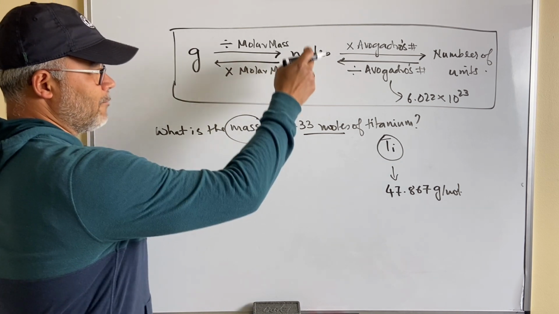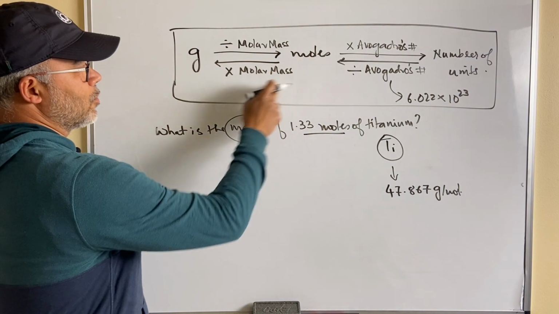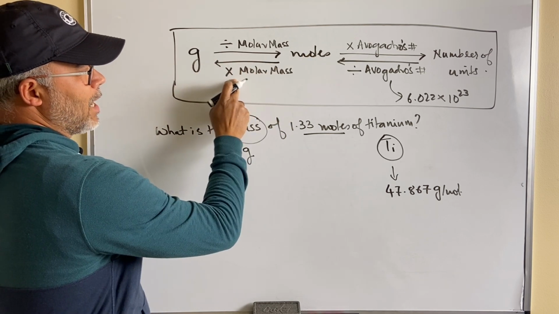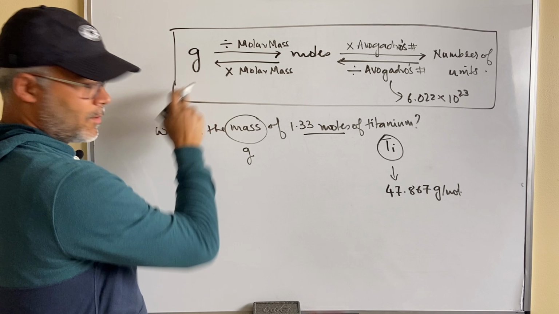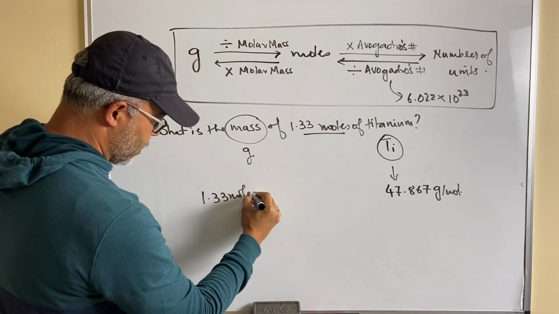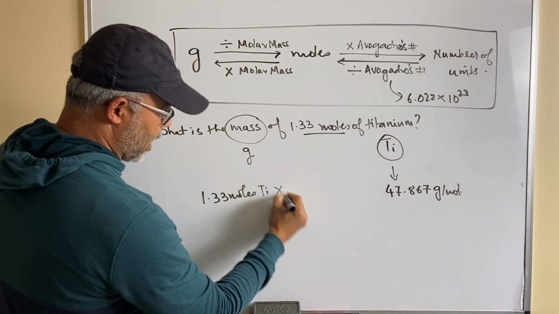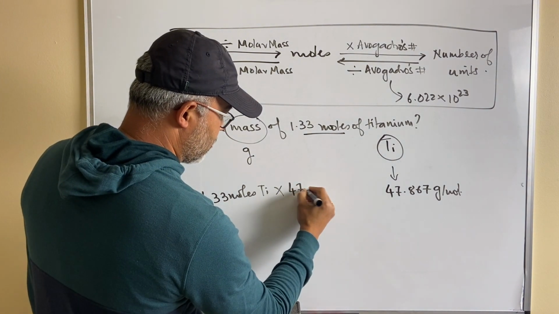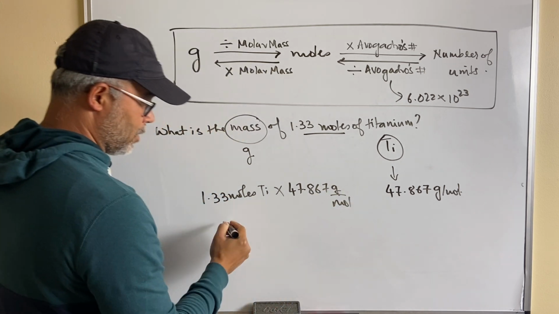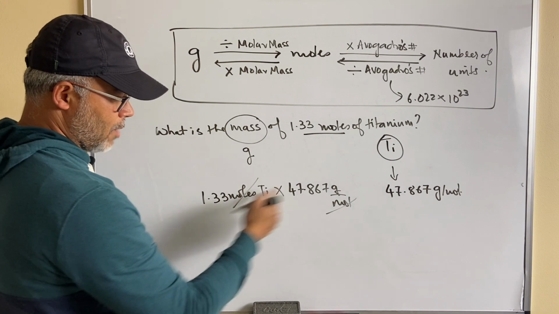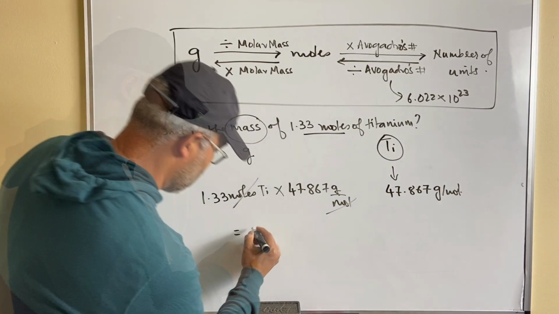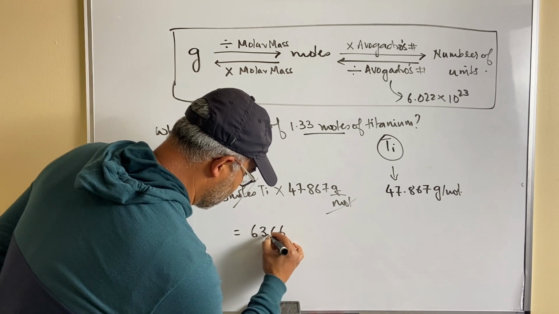So according to this, if I'm going from moles to grams, I have to go down this way. Watch the arrow. So I take the moles, I multiply it with the molar mass, and that should give me the grams. Okay. So let's go ahead and do that. 1.33 moles titanium times the molar mass, which is 47.867 grams over moles. Notice, see how the moles cancel out? So I'll be left with grams of titanium, which is equal to 63.66